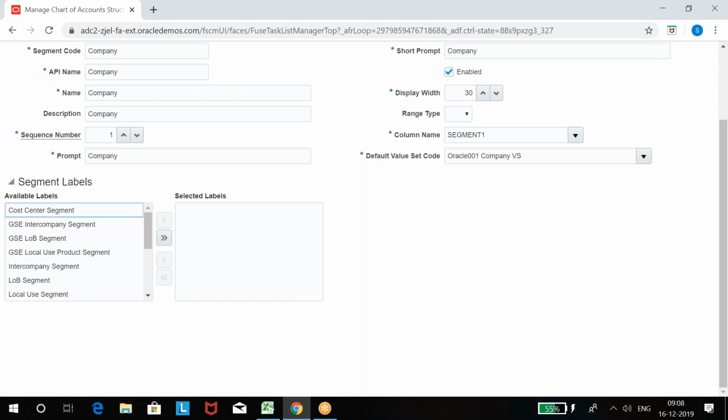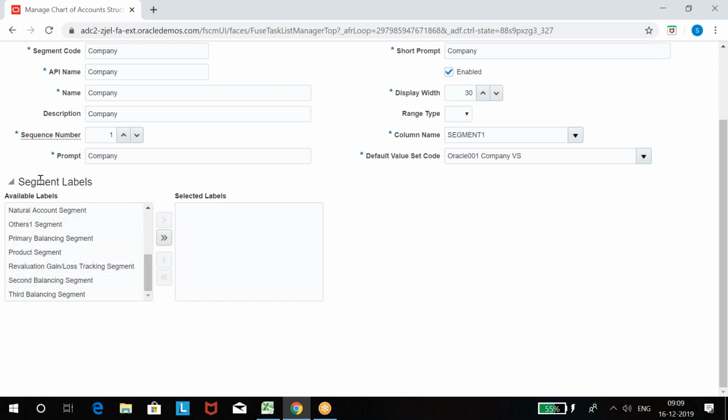As per logic, in a trial balance the debit total and credit total must be equal, right? We pull trial balance data with company name in the chart of account. So when you pull data with a company name, the debit total of accounts and the credit total of accounts for that company must be equal. Then your trial balance is tallying. And that happens only if you have company as a balancing segment. It will make sure whatever the debit company is, the same company is in the credit also. If there is a debit, there must be a corresponding credit.